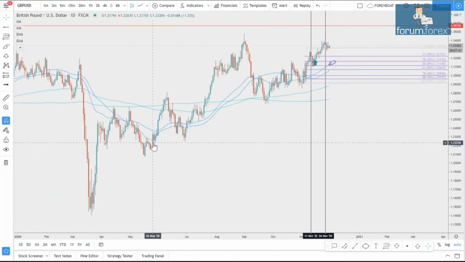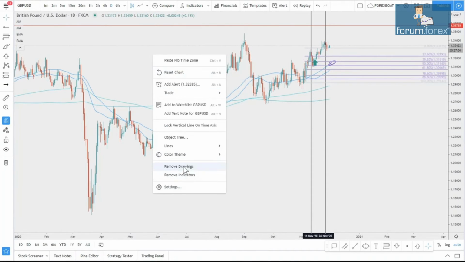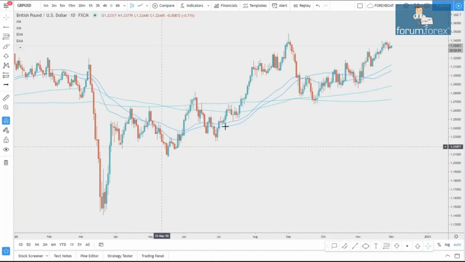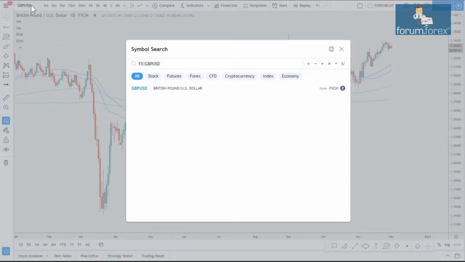Another interesting way to look at the pound is to look at the correlated currency pairs. Now let's remove all drawings, because many times while the cable is showing the bullish trend, other correlated pairs are showing a bearish trend. So we need to make sure that this is either pound is driving the pair or the dollar. And in our case, let's just look into